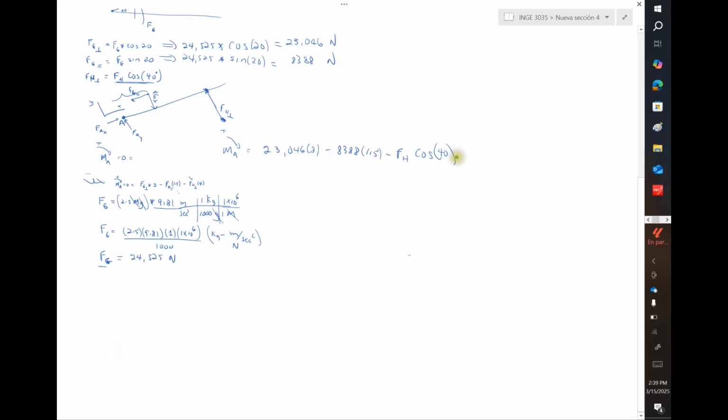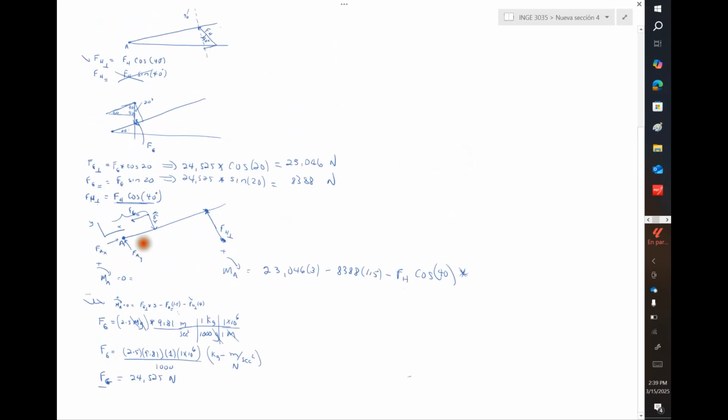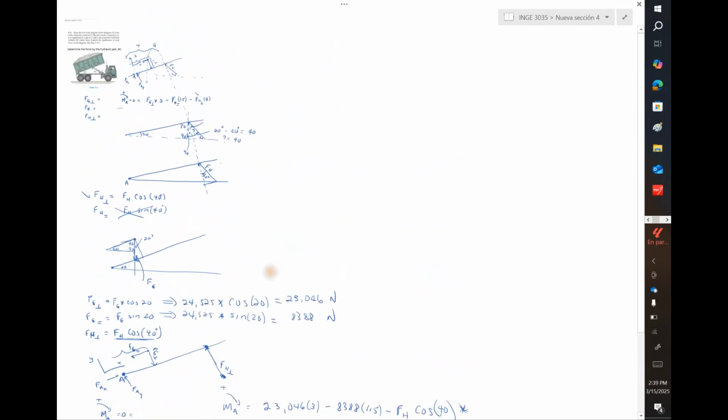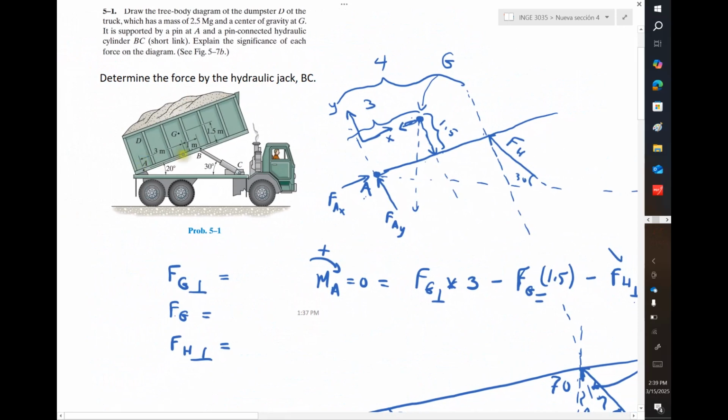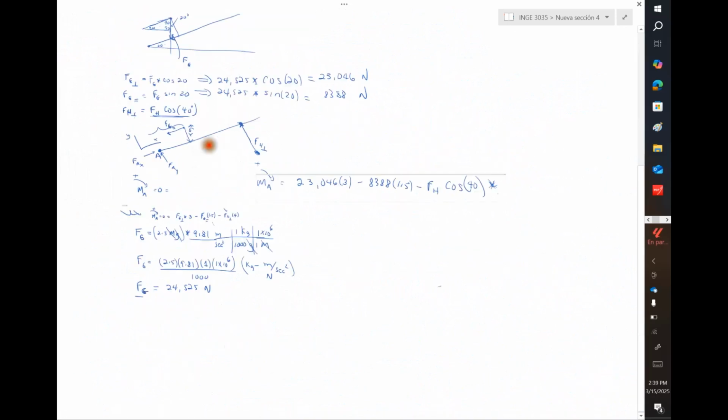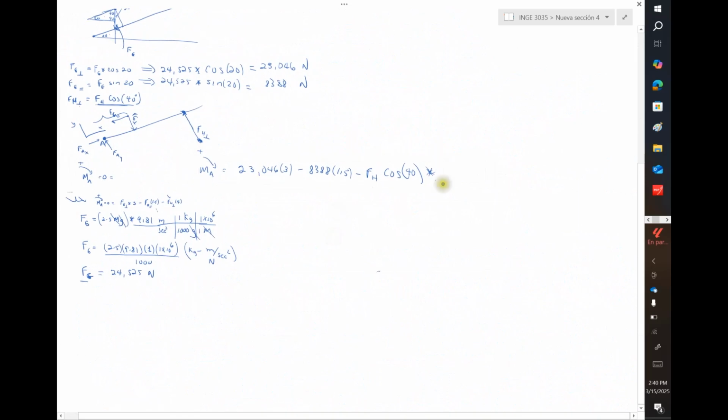And then FH cosine of 40 multiplied by the arm, which in this case is from here to here. That's 3 plus 1, that's 4. Oops, that's 4 here, so times 4. So the result then will be,